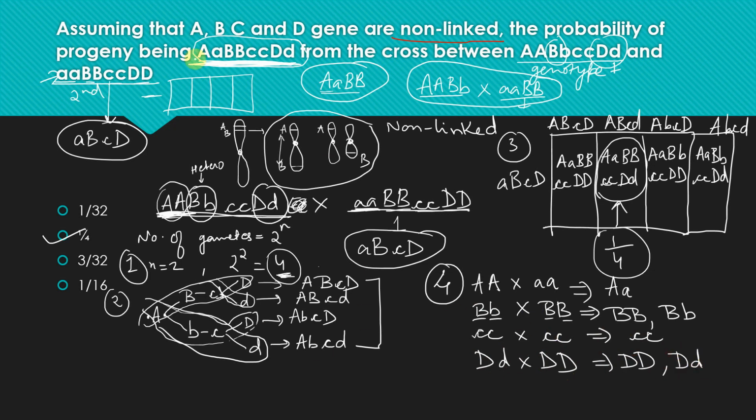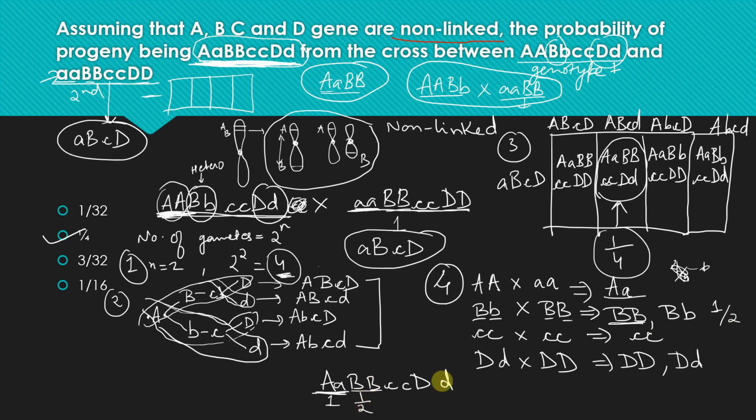Right, now we need to find out this particular genotype progeny. What is the probability? Let me write it down here. Now just look into this. What is the probability of having AA? All are with the AA, right? So I'll write down 1 here. Because let's suppose 4 offspring are formed, out of 4 all will have this, so it will come to 1. Now in the second one I need capital BB. How many of them are there with that? It will be 1 out of, how many are formed? 2. So 1 out of 2.